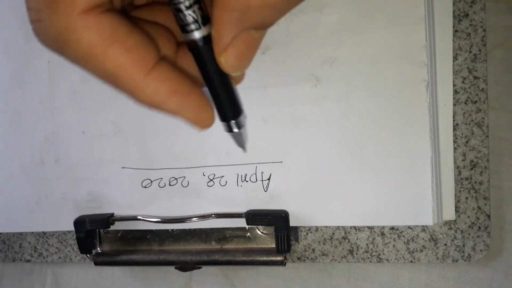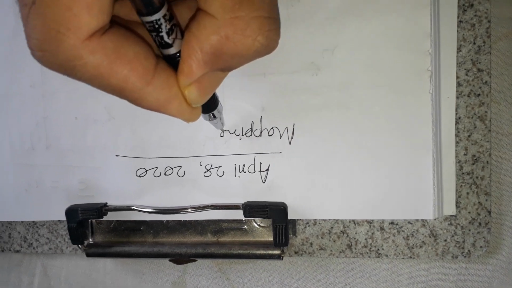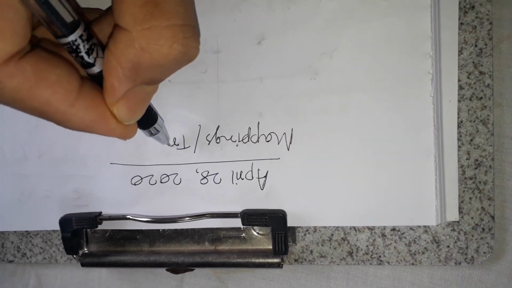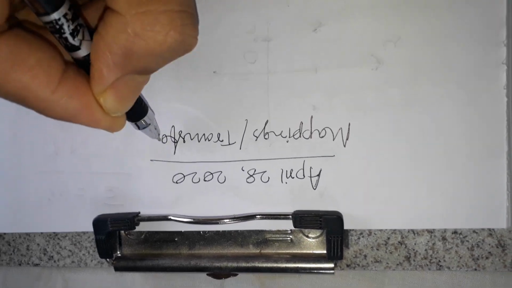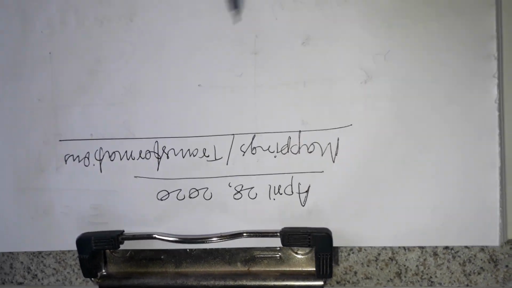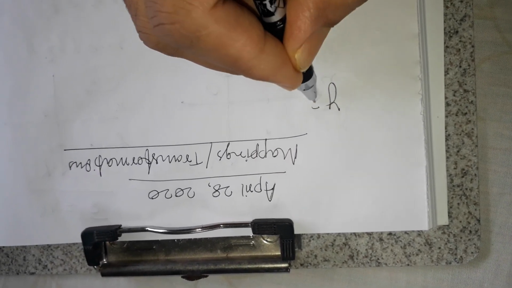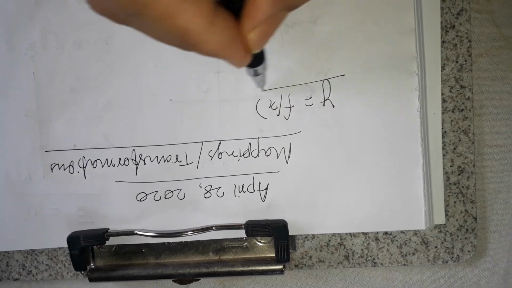So we are going to discuss the complex mappings or transformations. Okay. So you know that a real function y equal to f(x) can be